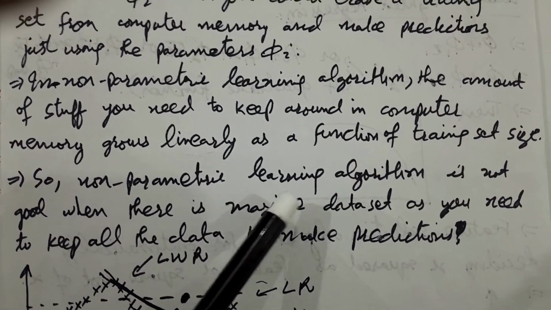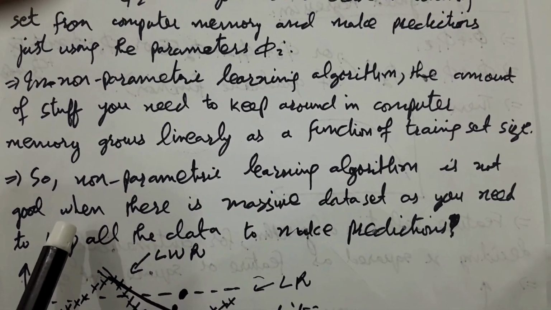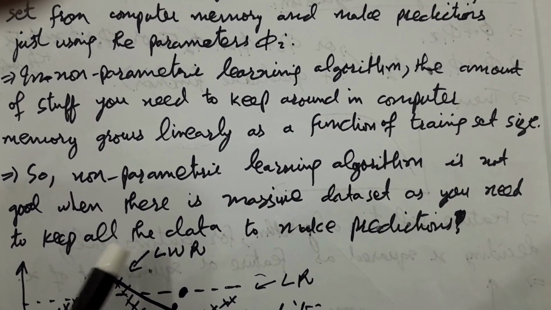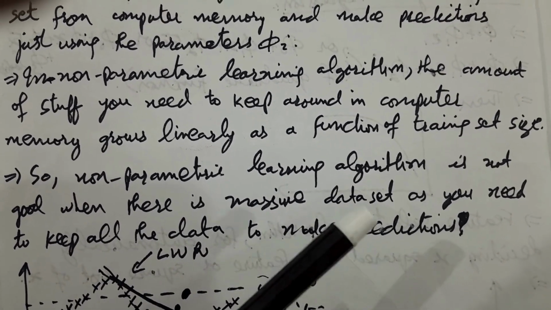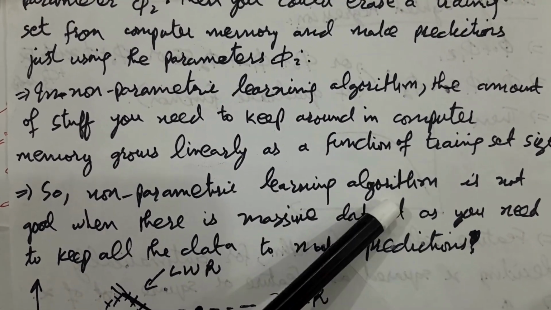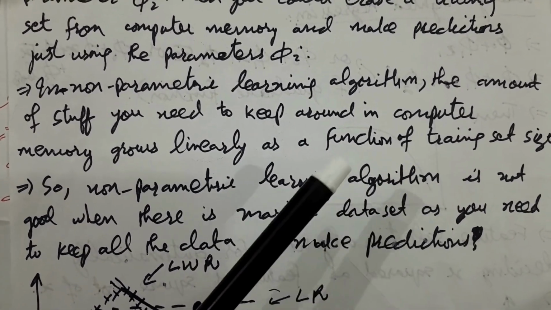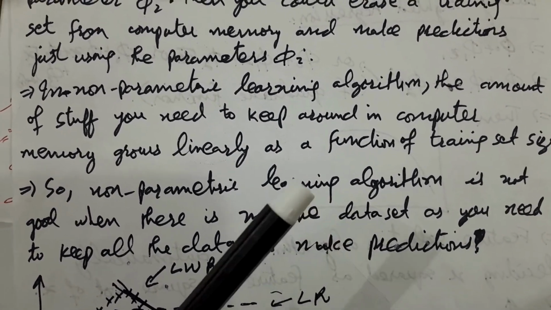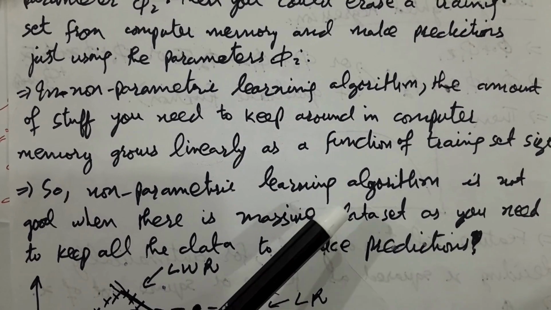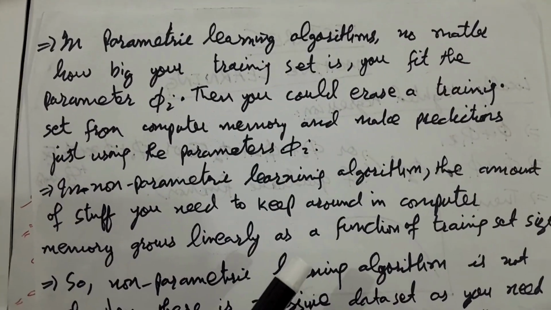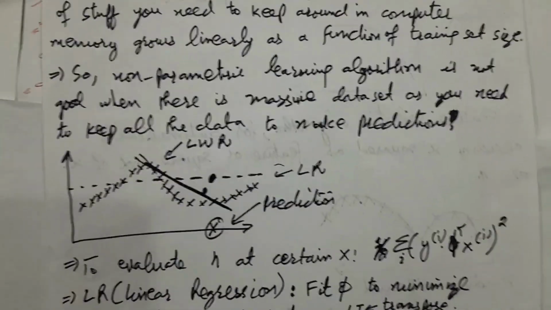So non-parametric learning algorithm is not good when there is a massive data set, as you need to keep all the data to make predictions. So non-parametric learning algorithm is preferred where there is not a massive data set. If there is a massive data set, then you have to use the parametric learning algorithm. So here,